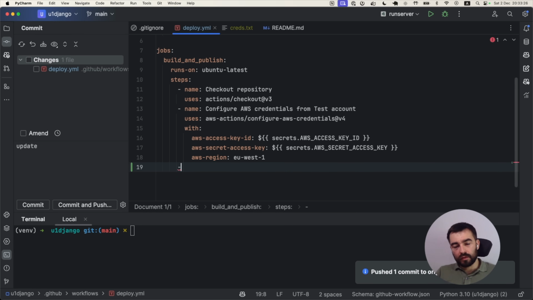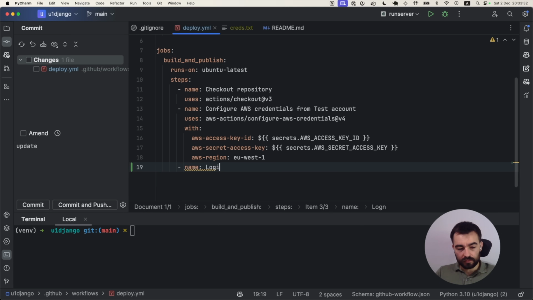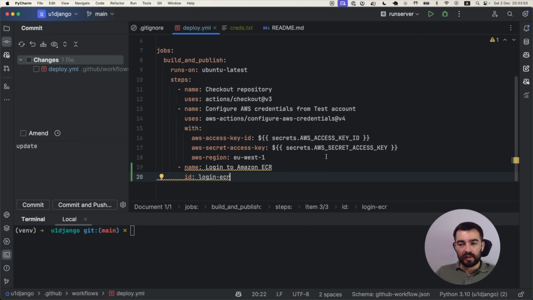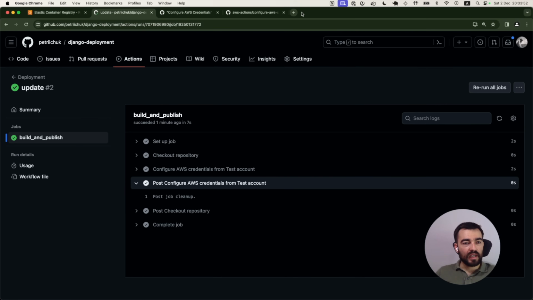Let's call it name: actual login to Amazon ECR. Let's edit the ID, also we're gonna use it later: login-ecr. And let's just check another action